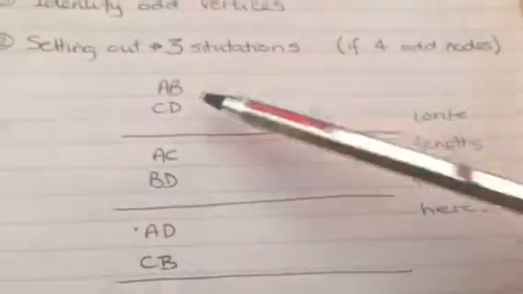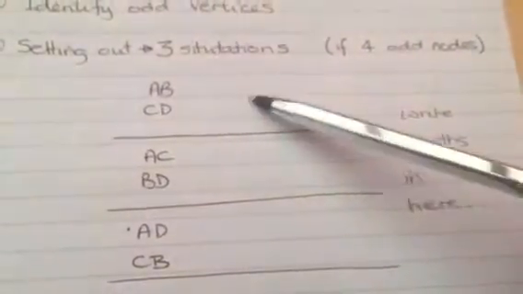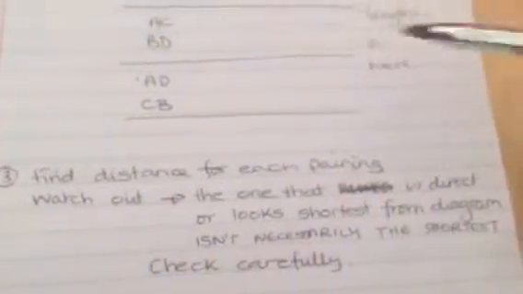You then need to write down the length. So what's the length if you were to repeat from A to B? What's the length from C to D? You can check that bit in the textbook, but you need to write the length. In terms of key things to remember,